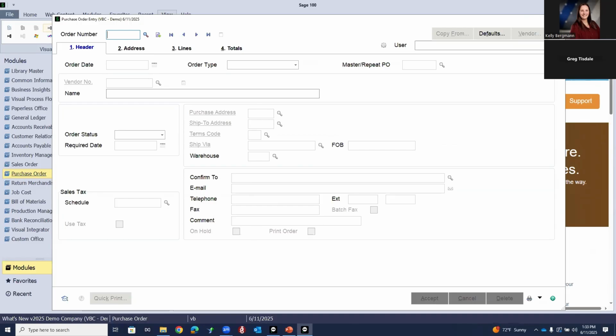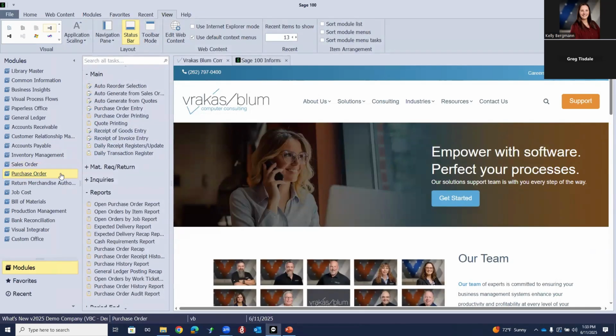Now, the next thing in purchase order is probably the largest addition to Sage. So this is probably the biggest enhancement that they made. And it's the ability in purchase order now to do RFQs. So a request for quotation, which is something we've been asking for, well, if you ask Joe, he's been asking for 20 years. So